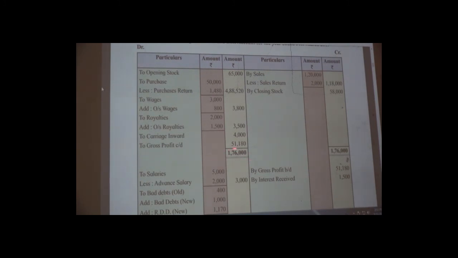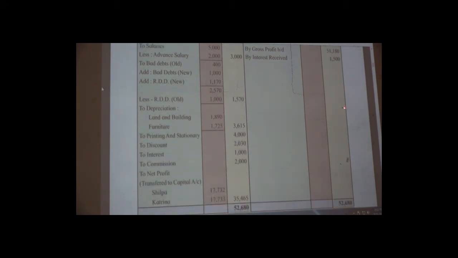Okay, so see here, at the very beginning of the profit and loss account we have recorded the amount 51,180. Now again we are going to close the profit and loss account. Follow the same procedure. Do the total of credit side, do the total of debit side, compare them, and see which total is greater. Obviously here the total of credit side is greater, so write it on both the sides. That is 51,180 is our gross profit, and our indirect income is there, that is of rupees 1,500. So our total of credit side is 52,680. Write it on both the sides, 52,680.